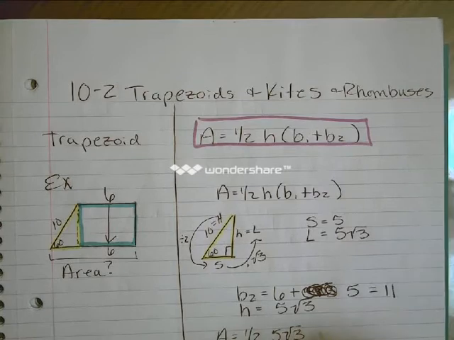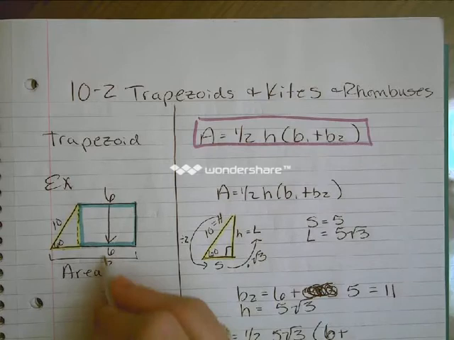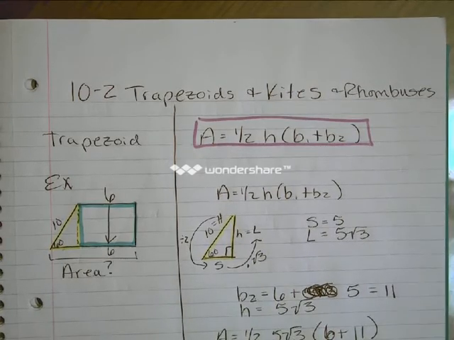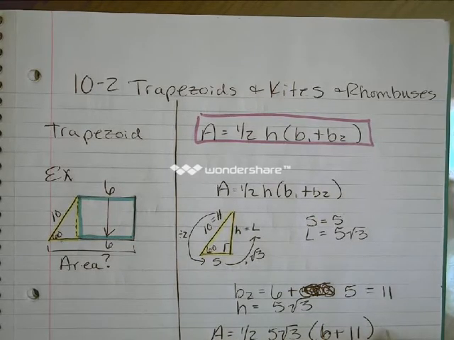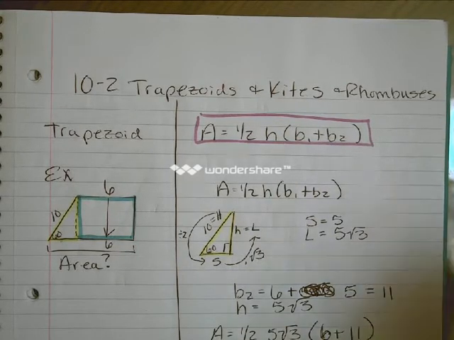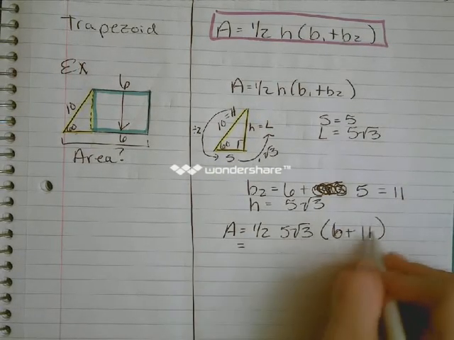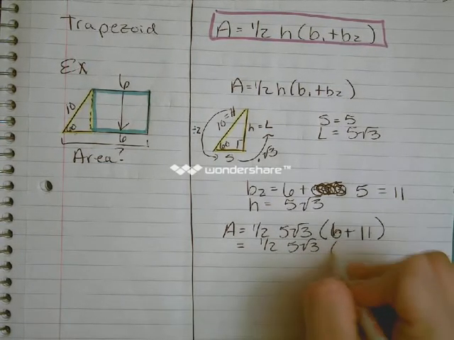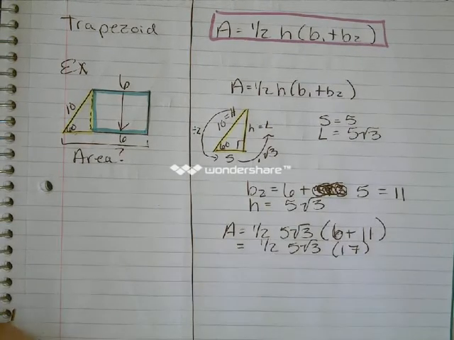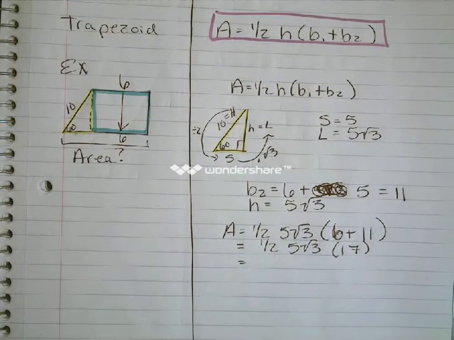B1 is 6. And B2 is 11. For my regular ed kiddos, you could probably just type this into the calculator and get a decimal. For my pre-AP kiddos, I would prefer that you actually simplify this by hand. So I'm going to add these two together. 17. 17 times 5 is 85, and then times 1/2,